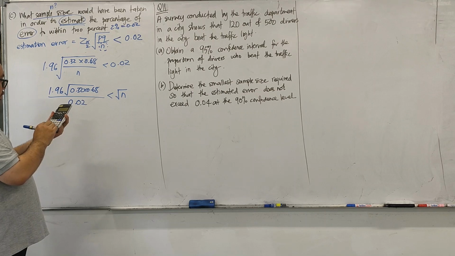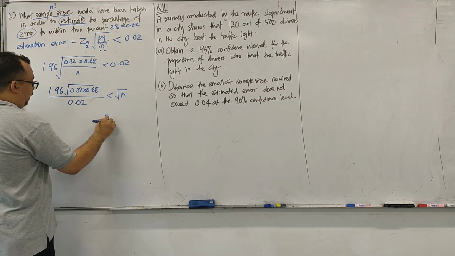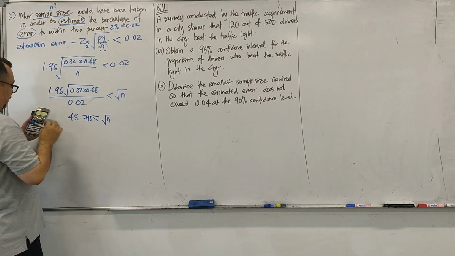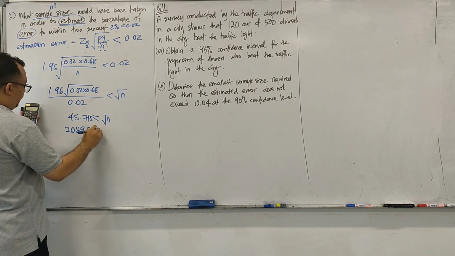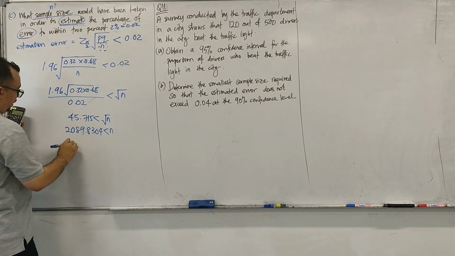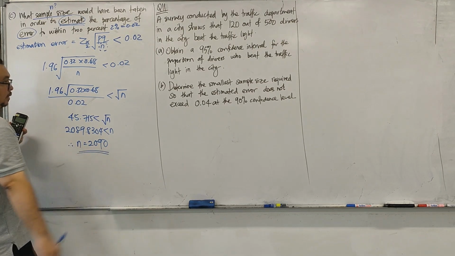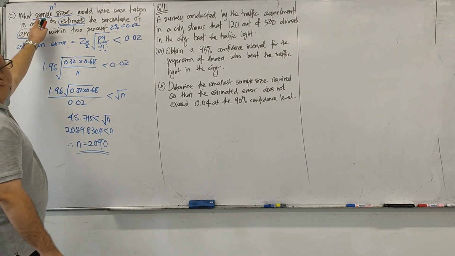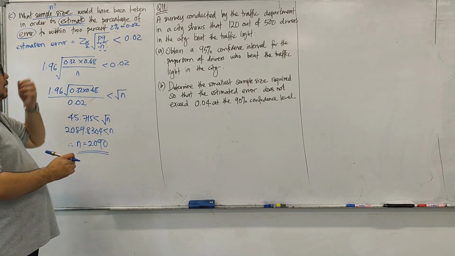1.96 times square root 0.32 times 0.68 divided by 0.02. So my square root of n is more than 45.715. Okay, I square both sides: 2089.8304 more than n. Therefore, my n is 2090. So this is how you determine your n, sample size, macam mana kita guna estimation